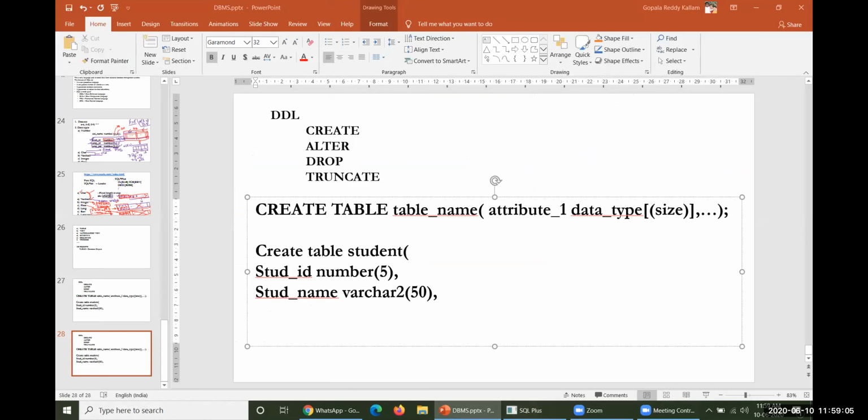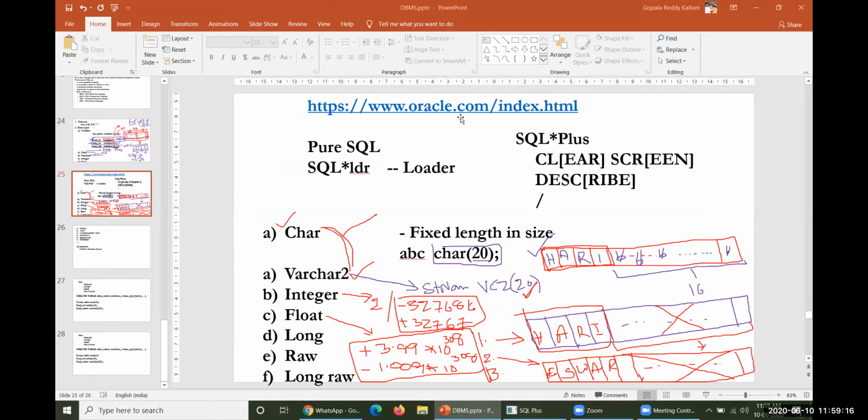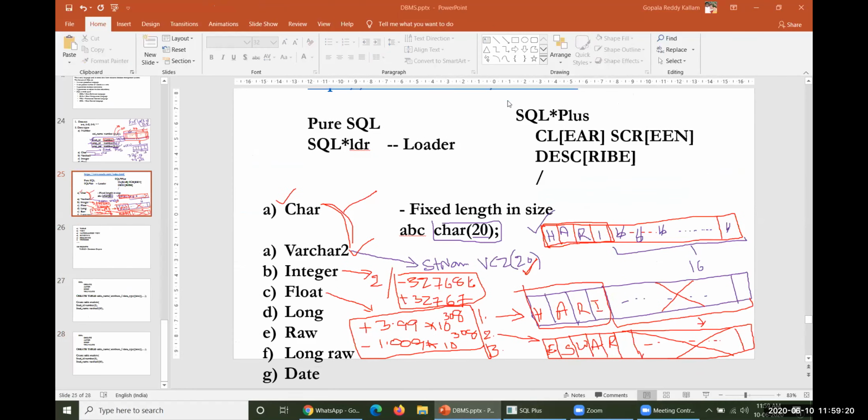However, today we would like to consider the data types. Already we have discussed some number of data types here. These are different kinds of data types which are there in Oracle.